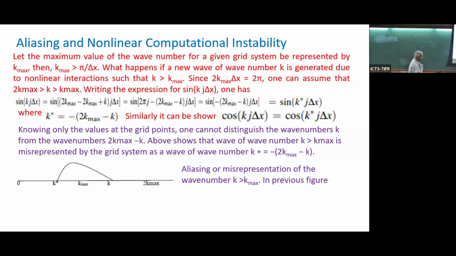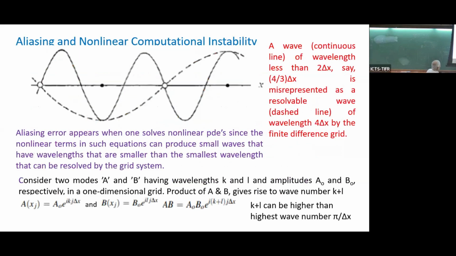So this is what was happening. This continuous line, which had a k wave number of 4 by this wave number 3 by 2 pi delta x, which is larger than pi delta x, the maximum wave number allowed, is actually representing itself as a wave whose wavelength is 4 delta x. So this is a workaround solution for this nonlinear computational instability, provided by Arakawa, as I told,